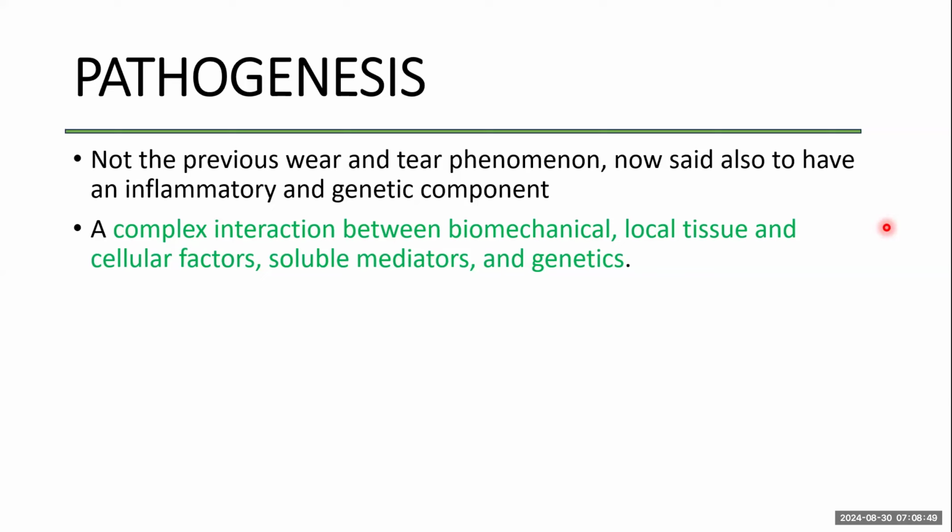So it's a complex interaction between biomechanical, local tissue, cellular factors, soluble mediators, and genetics. Here, we have a quiescent cartilage. The cartilage typically is quiescent. It's not active. But due to this pressure, wear, and tear, they can become activated with release of all these chemokines and soluble mediators. And in a predisposed genetic background,